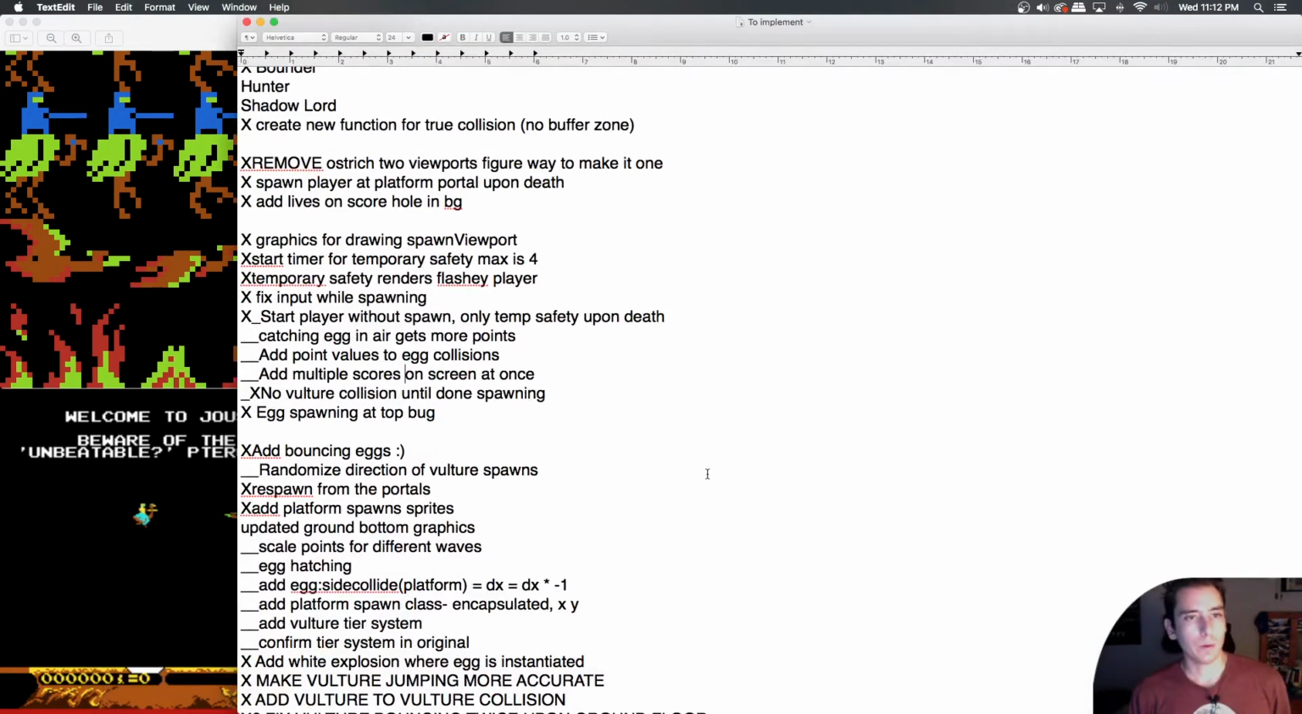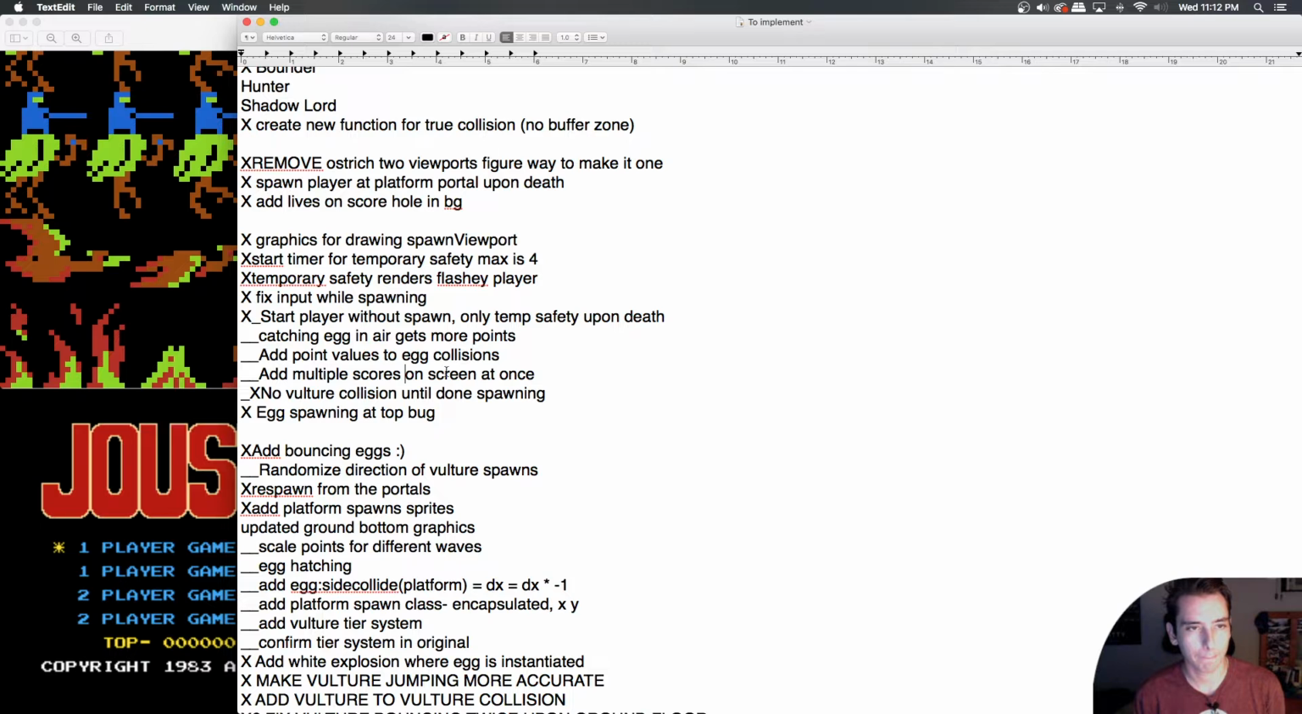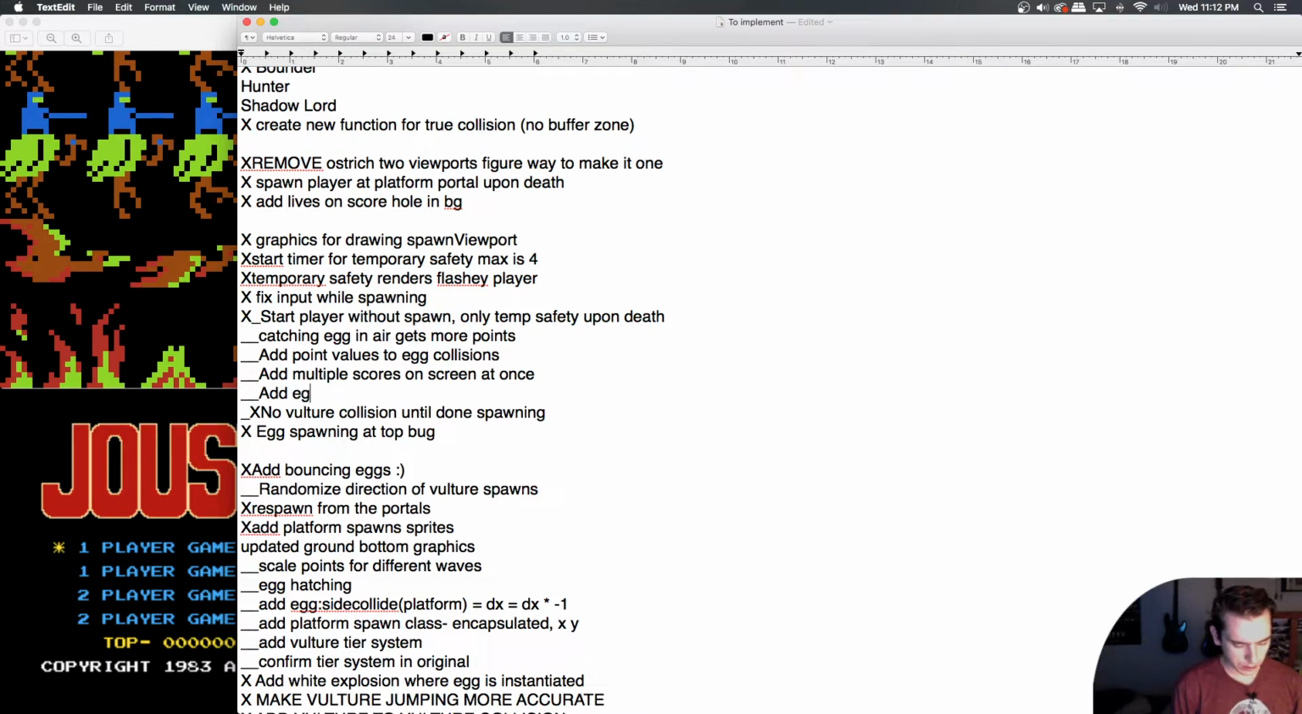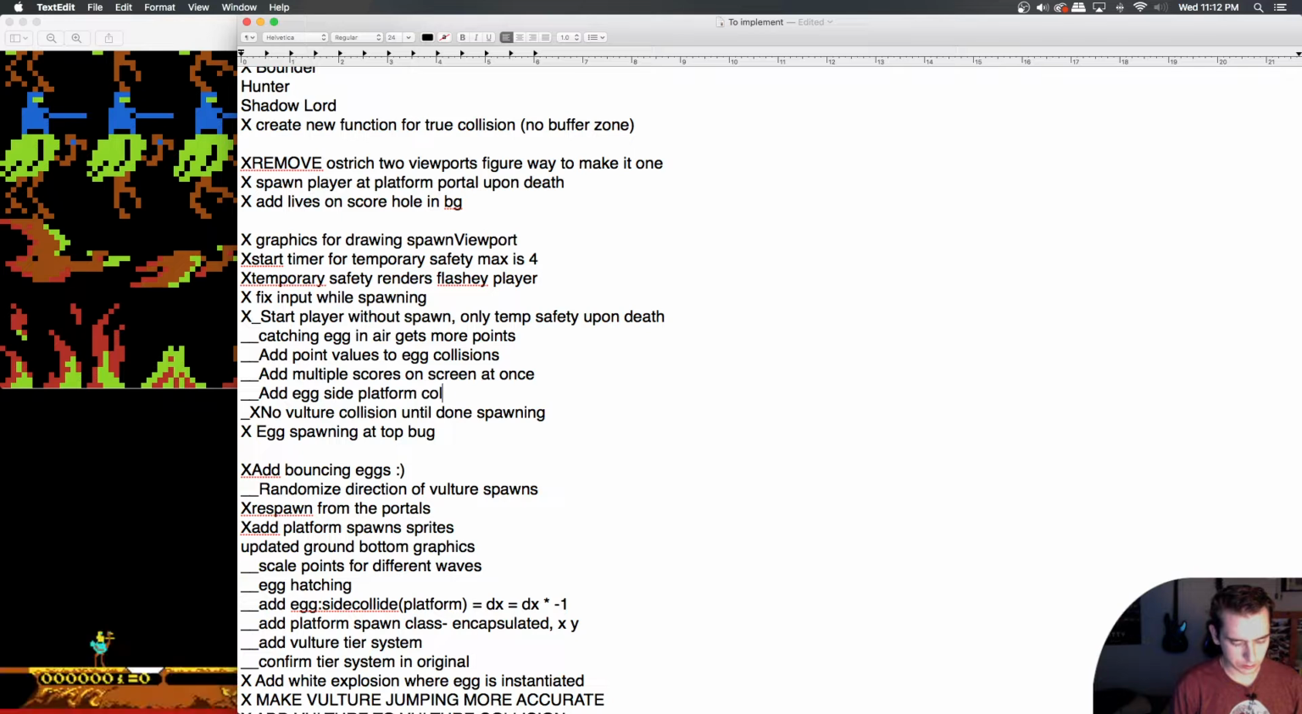It's late, I know. I did not plan on waiting so late, but today I'm trying to add egg side platform collisions